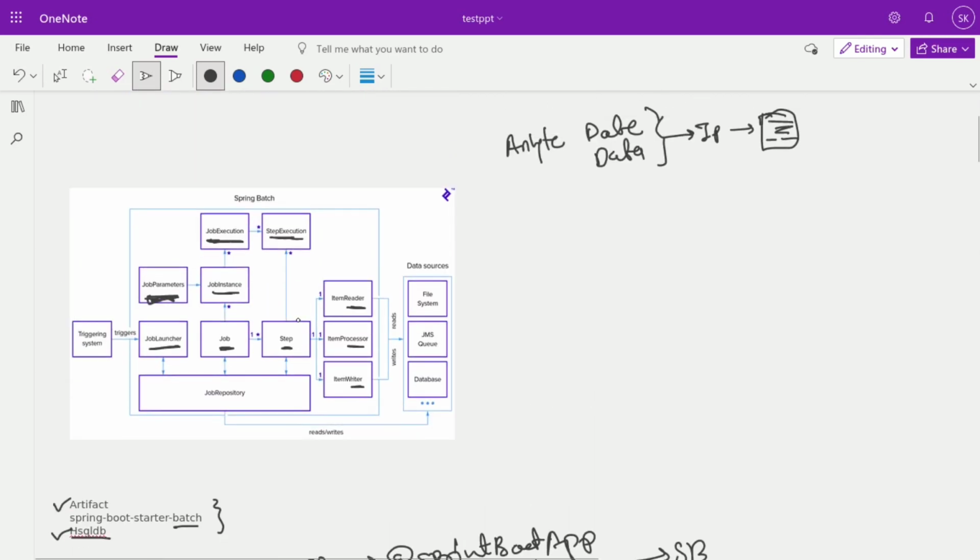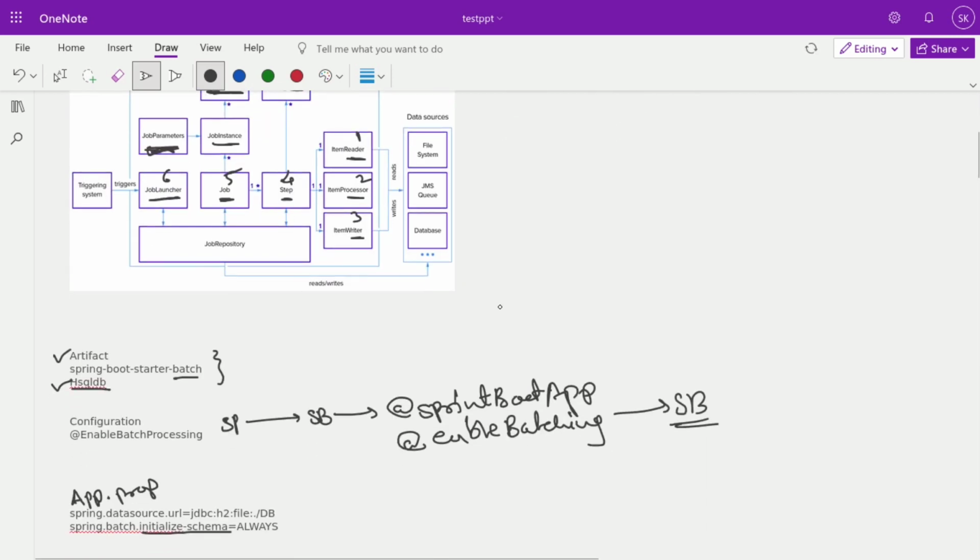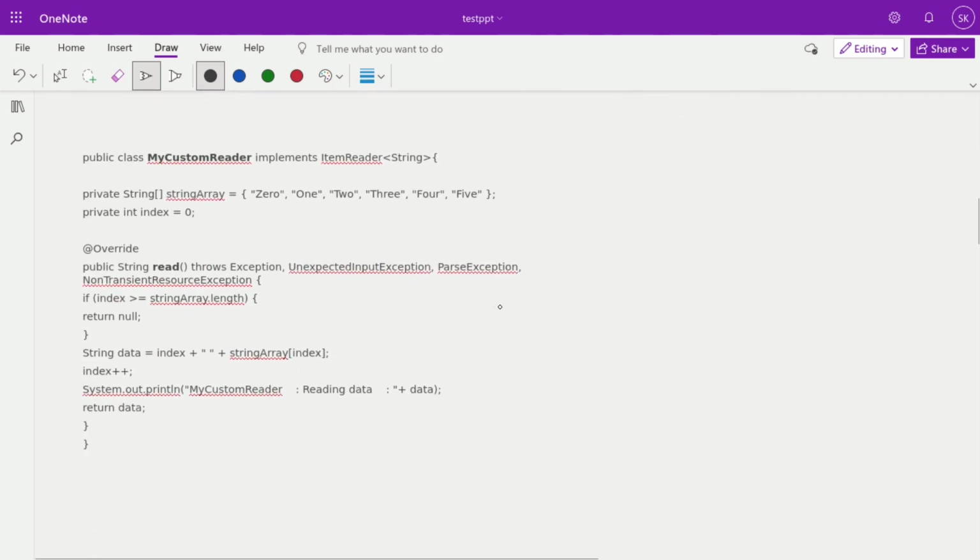Okay, as per this diagram, what things are required? First we need to define the steps. Each of the three steps requires a class, so three classes are required. All of these should be integrated at this fourth level. Apart from that, a job is required, which is 5, and a job launcher is required, which is 6. These are the classes required for us. Okay, so we check them one by one. First we check the read, write and process. Firstly we implement the ItemReader class.